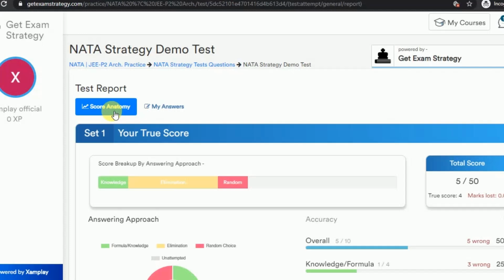And at any given point of time, if you feel that you need some assistance after you do your test, you can always contact the institute that is offering you this test. They'll be more than happy to help you understand your score and your strategy, and they'll also give you feedback on further improvement, all free of cost.